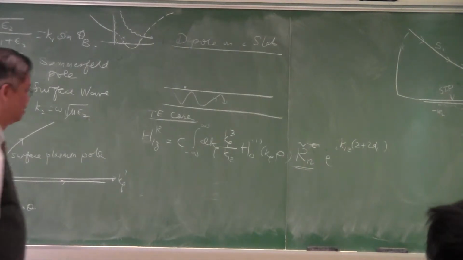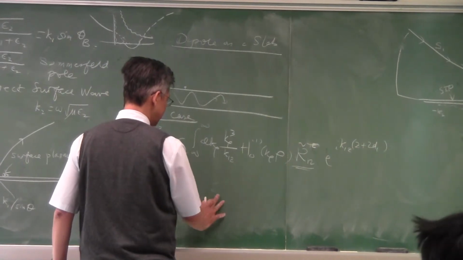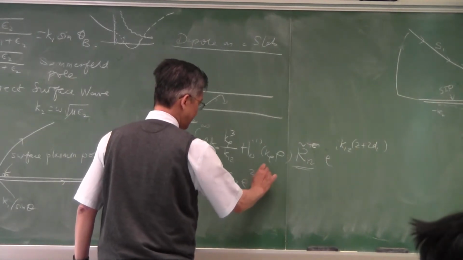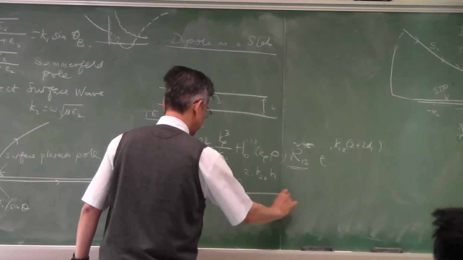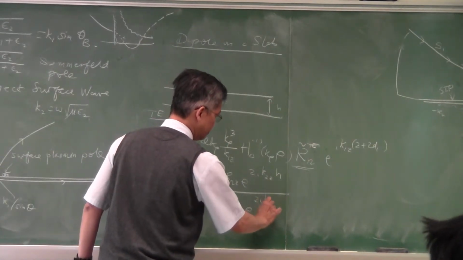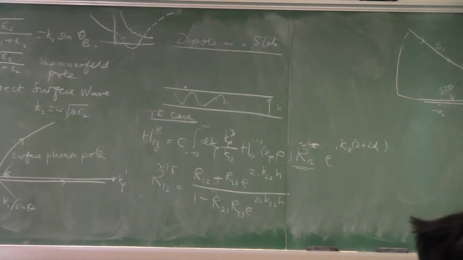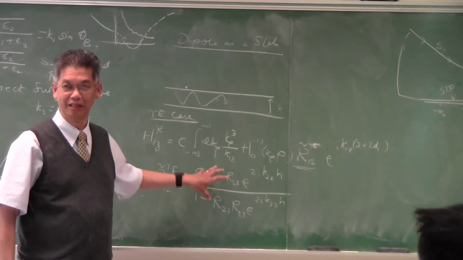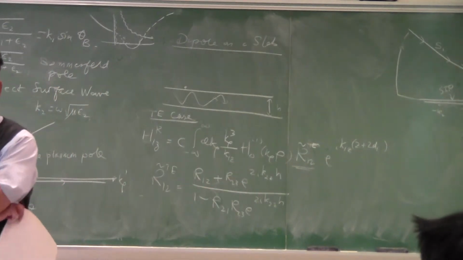R12 tilde is now not the simple R12 of the Fresnel reflection coefficient, but something of this form: R12 plus R23 e to the 2i k2z h, where h is the thickness of the slab, over 1 minus R21 R23 e to the 2i k2z h. This is the generalized reflection coefficient. The reason why I can remember this is because of physics, not because of my good memory. I understand what each term meant,